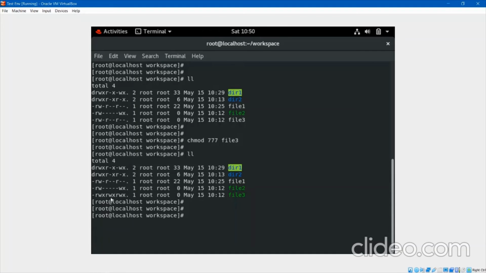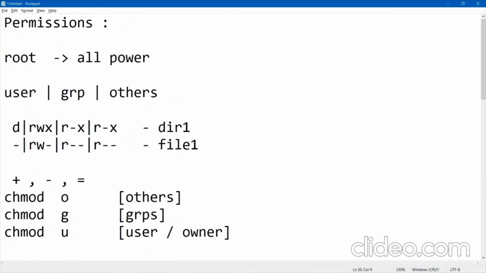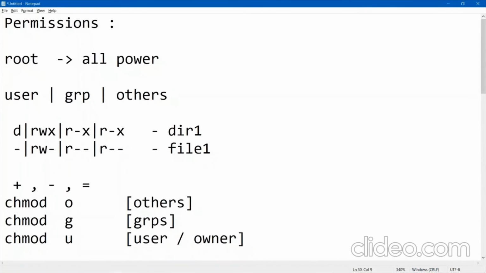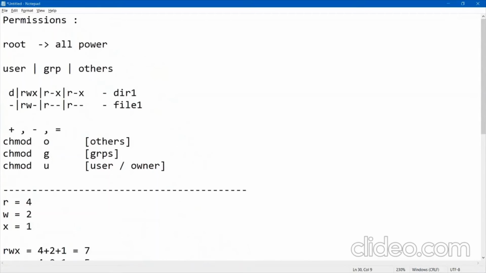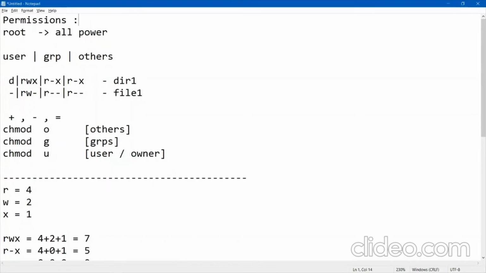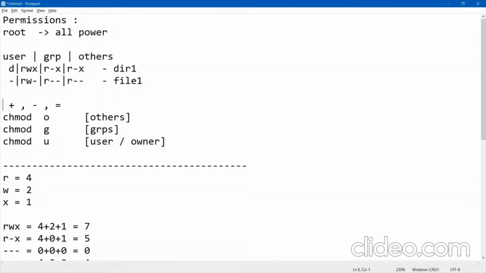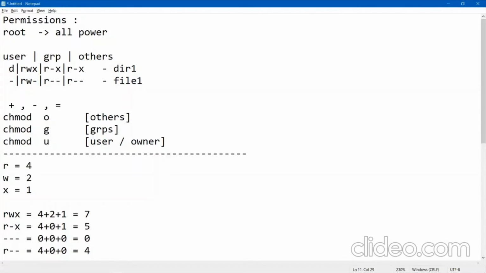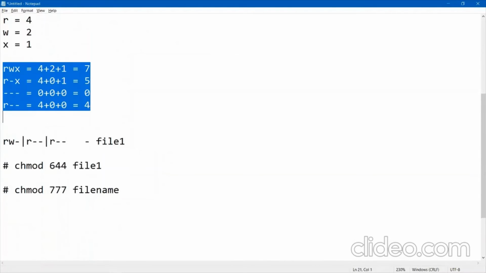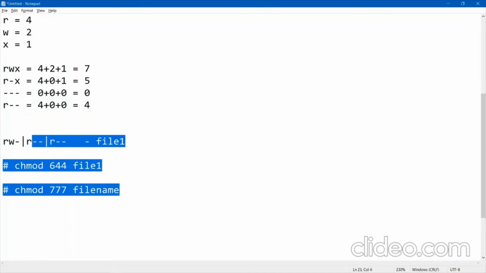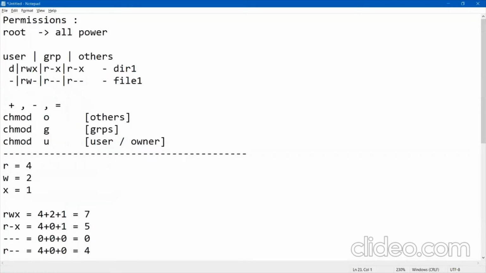So first thing, remember this permission concept, where we use it and why we use it. Let me make it smaller. Permissions is the topic name. These are the things we can use here, and do this much by yourself and play around with these files. Do it this way, like o minus, o plus, o equals, or g or u. Create multiple users and play along with them.